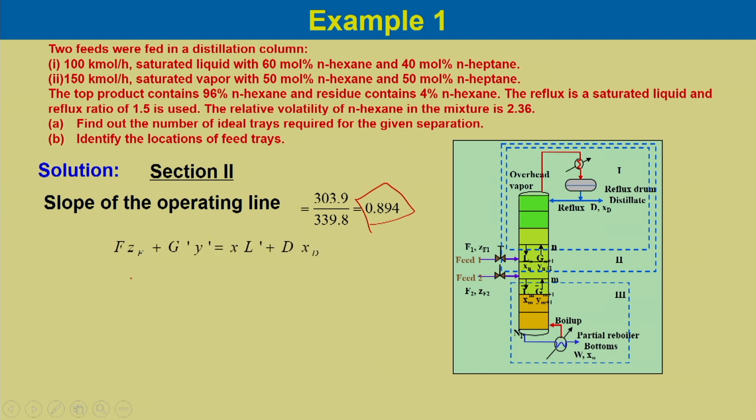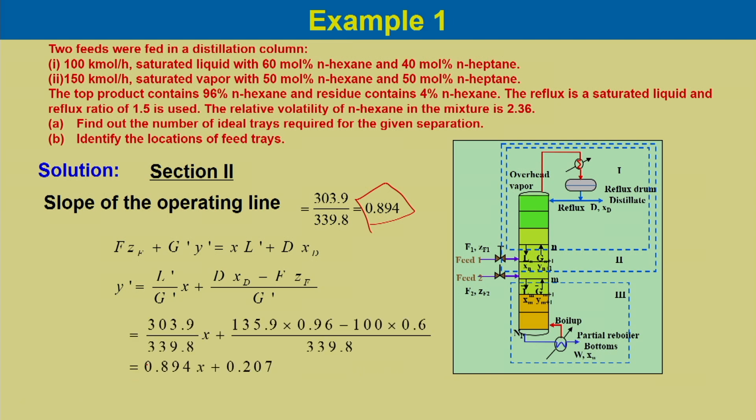Now, if we do for section 2 the species mole balance, F ZF plus G dash Y dash would be equal to X L dash plus D XD, and if we just substitute the values, we would obtain Y naught equal to 0.894 x plus 0.207. So, this is the intercept for this operating line,